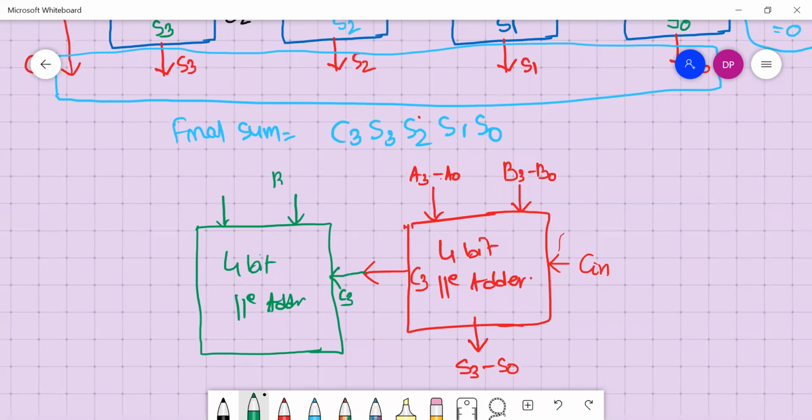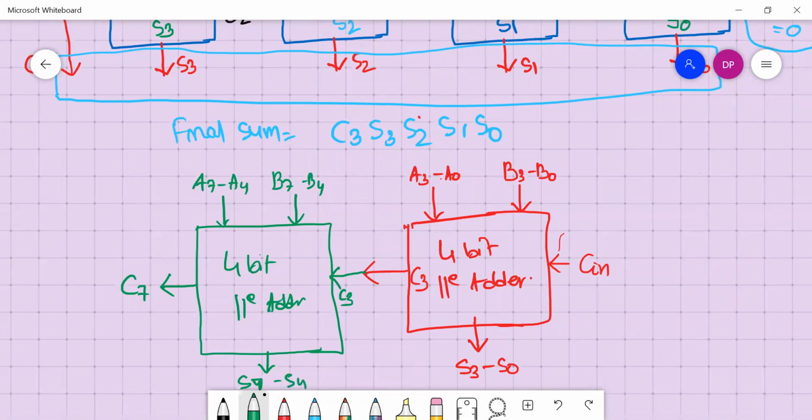What other inputs will it have? B7 to B4 and A7 to A4, and it will produce C7 and S7 to S4.